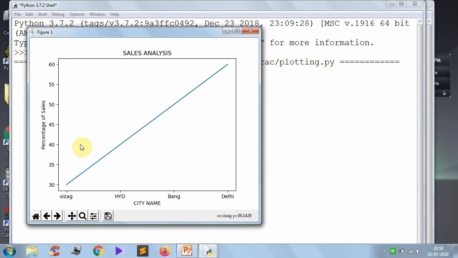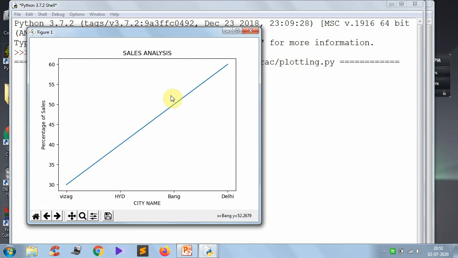Now see that, the chart is in a straight line manner. Now I want to get the Hyderabad sales, but I cannot figure out the exact point like this. Finding the exact location for Hyderabad sales is very difficult, because here I have represented the data in a single straight line, so it will be a little bit difficult.